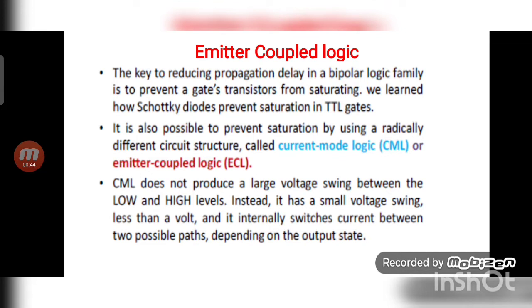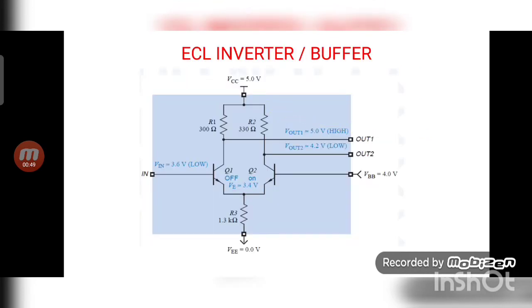So here we can implement the emitter coupled inverter or buffer. Another advantage is that the same circuit can be used for both normal operation and inverted operation. If we use it as an inverter, it will also generate the buffer output. If we use a NOR gate, we can also generate the OR gate output. So the same gate gives two outputs: one normal and one inverted.